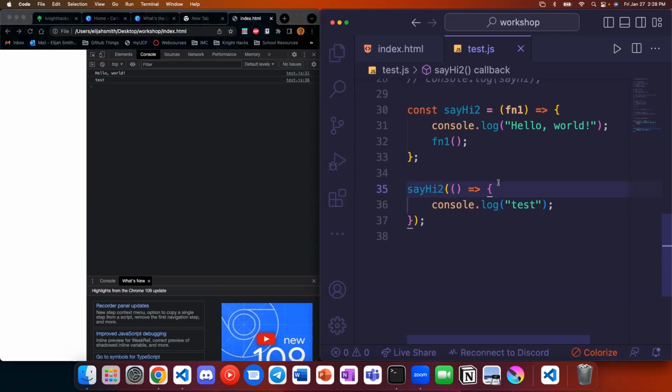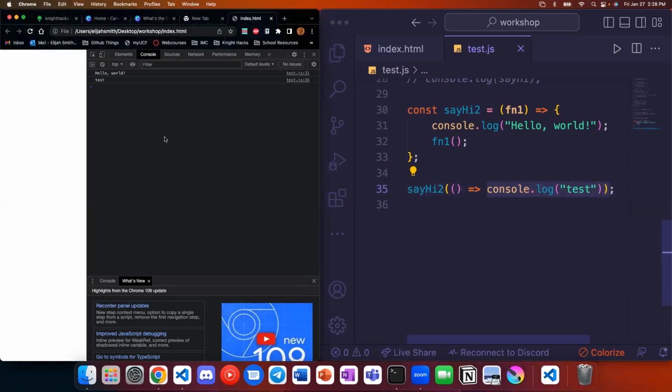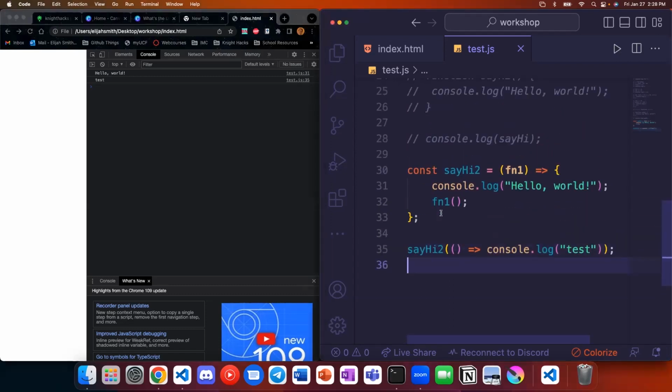Another cool thing, if you only have one line inside of your anonymous function, you can just take out the parentheses and take out the semicolon at the end and literally just write the thing that you want it to do. And this also works the exact same way. There's a bunch of cool syntax here. I'm going to try and make this as non-confusing as possible going forwards. Just want to let you guys know all the crazy things that you can do.